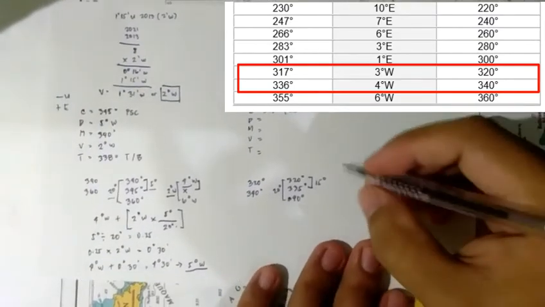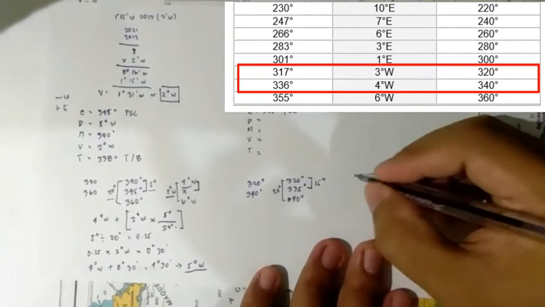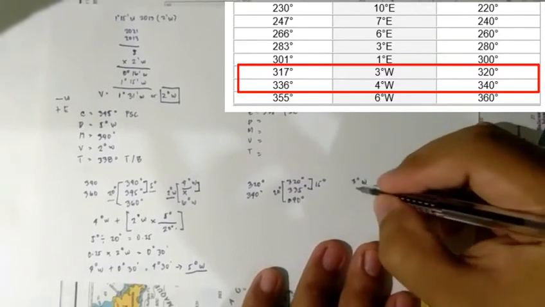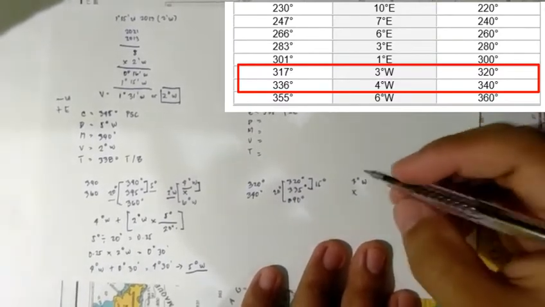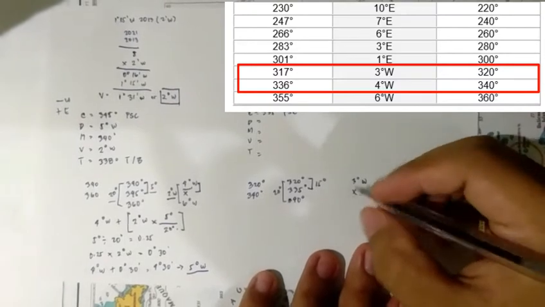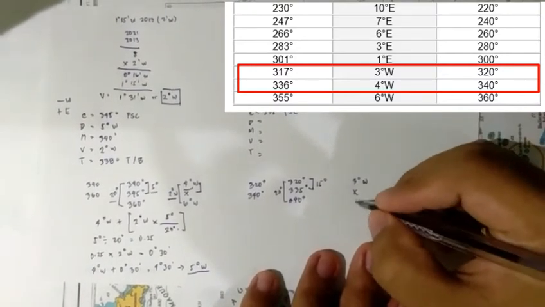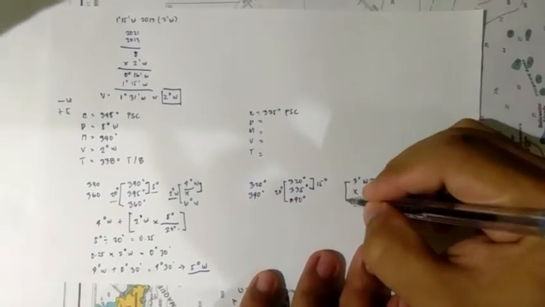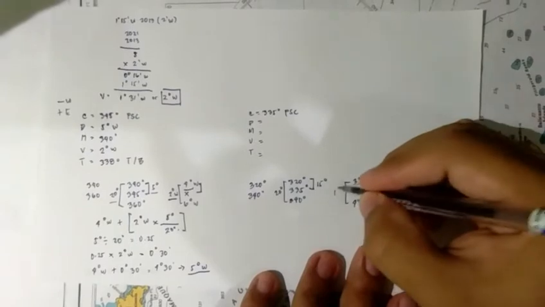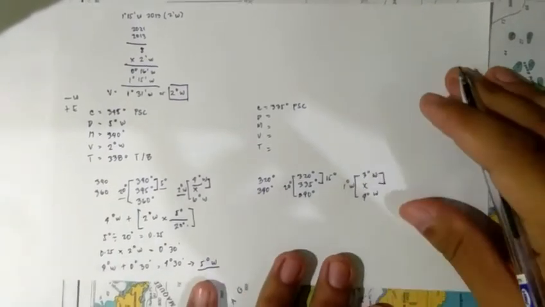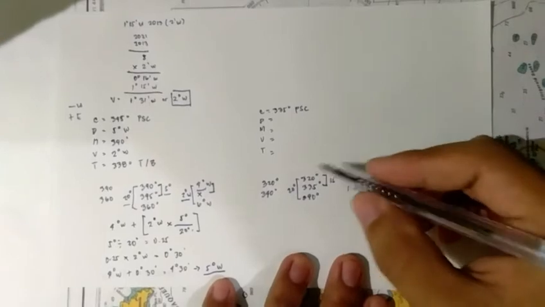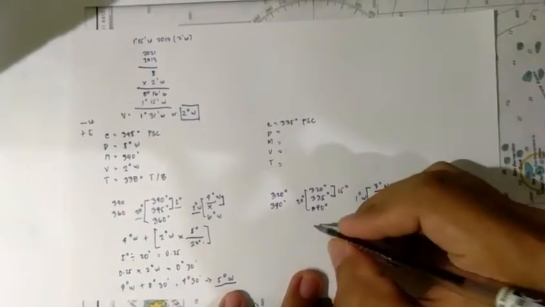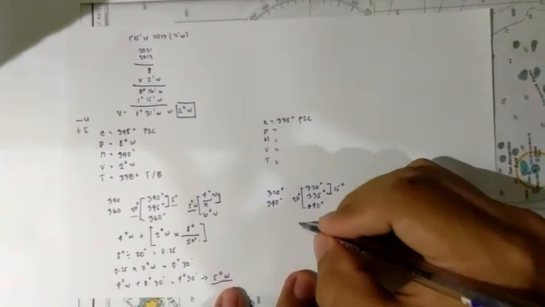The deviation of 320 is 3 degrees west, and we cannot find any deviation for the 335. The deviation of 340 is 4 degrees west. So the difference is 1 degree west. So we'll use again the formula. Use this 3 degrees west